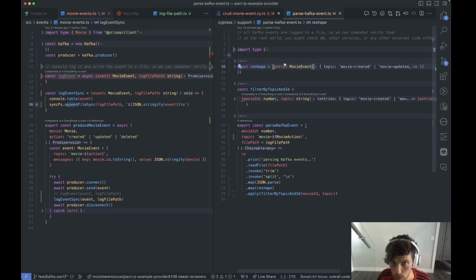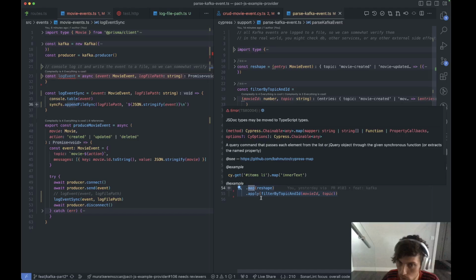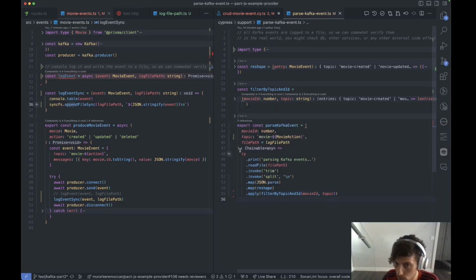So I'm using cypress-map here from Gleb. It's important that this is all retriable. So we can't do things like then. So we have to do things like apply and map from there. So all these commands will keep retrying the chain. So that's important. Like we can't do dot log, right? Anyhow, so what it's doing is reading that file.